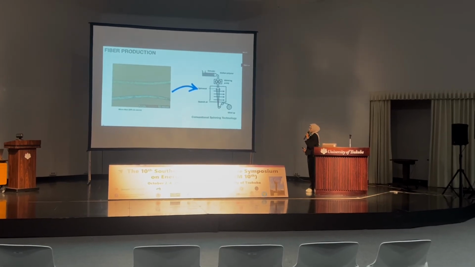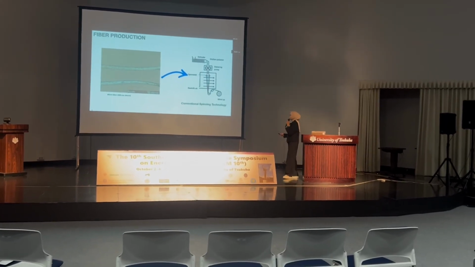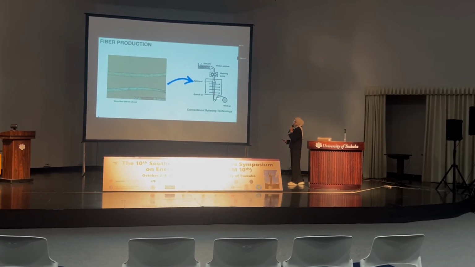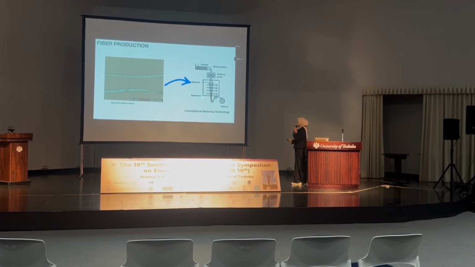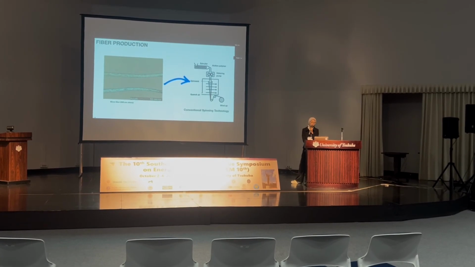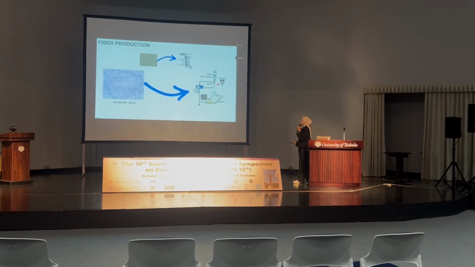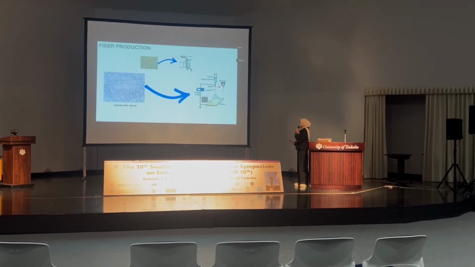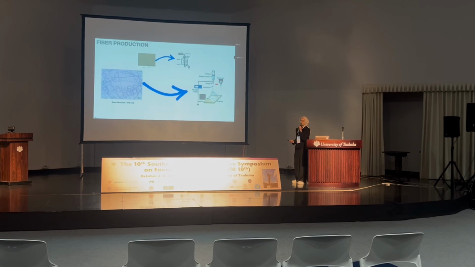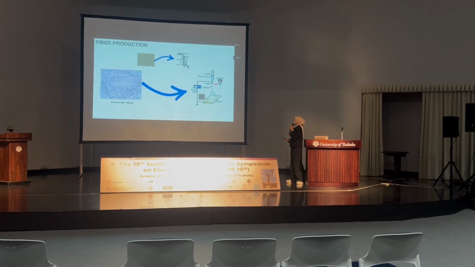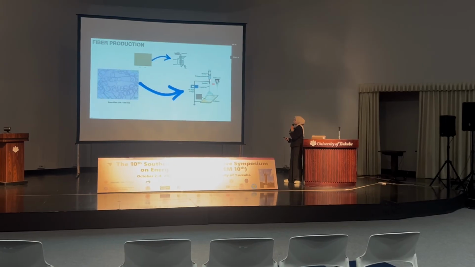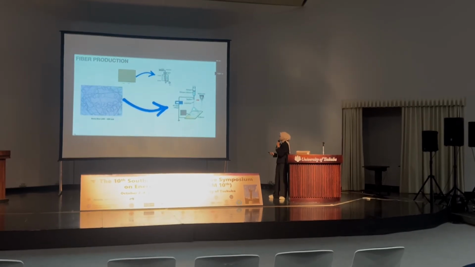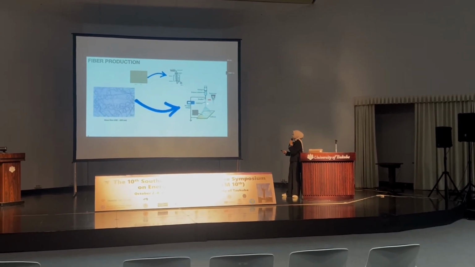The microfiber usually uses the conventional spinning technology where a polymer chip is converted into a solution and extruded through the spinneret, and finally the microfiber is obtained. While the nanofiber is produced by the electrospinning technique, where a machine usually consists of a syringe, needle, collector, and applies a high voltage. When the polymer solution is applied into the syringe, due to the high voltage applied to the system, the nanofiber will be ejected from the tip of the needle and deposited on the collector.